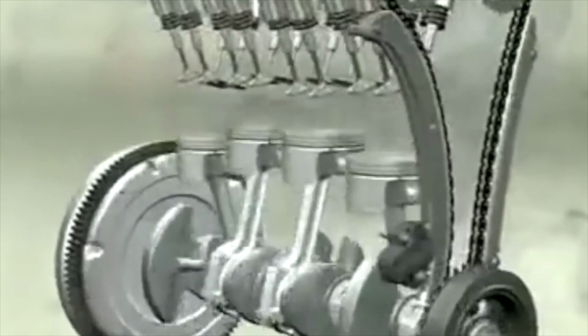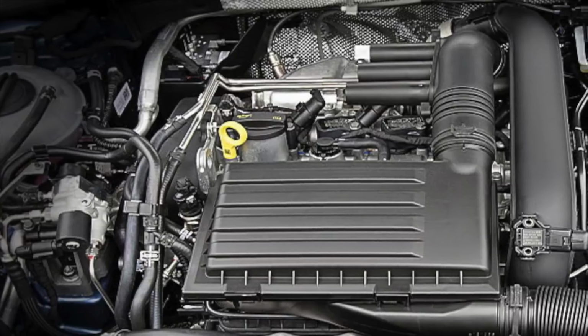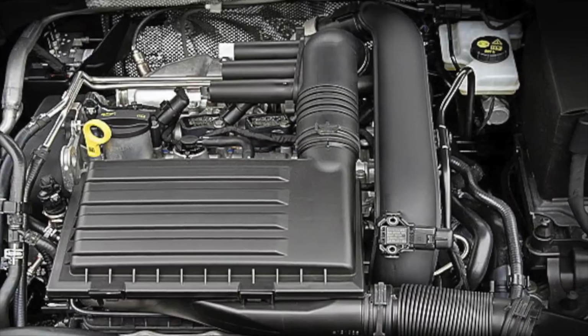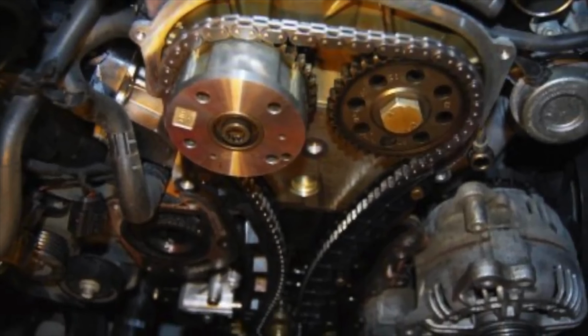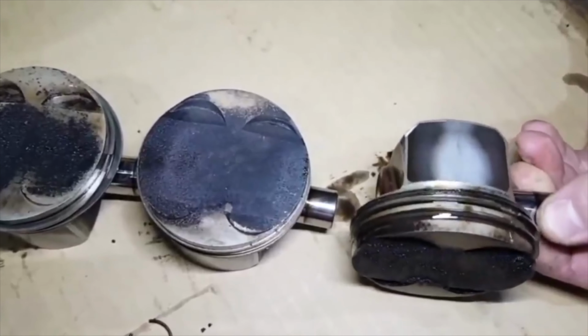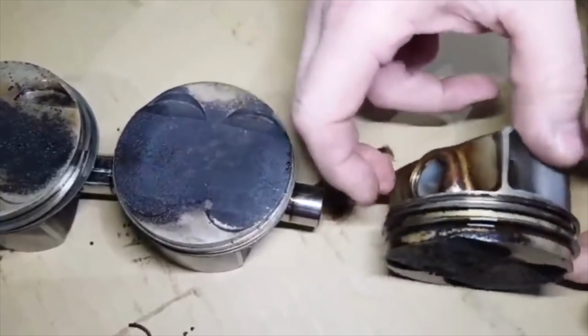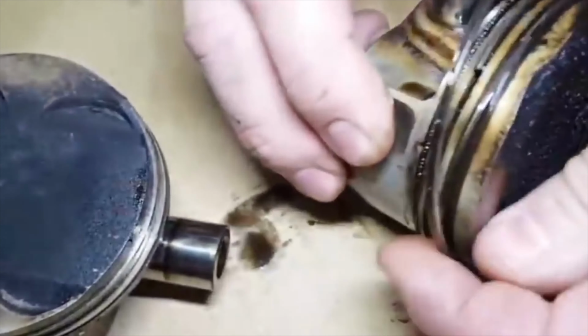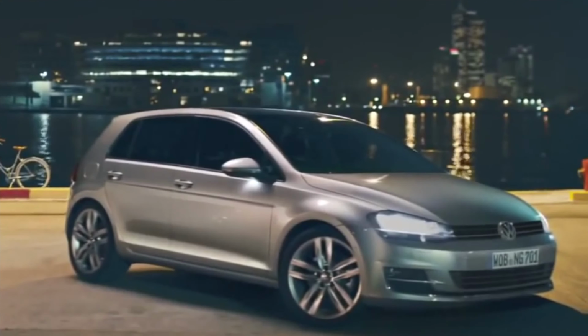EA211 family. Past mistakes in the form of a problematic timing chain, a weak piston group, a fuel pump, an unsuccessful crankcase ventilation system and an intercooler have been corrected, so now this is a completely different unit in terms of reliability. Its resource can reach the mark of 300,000 kilometers, of course, subject to gentle operation and a scrupulous